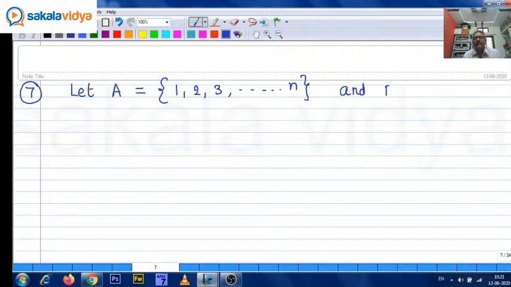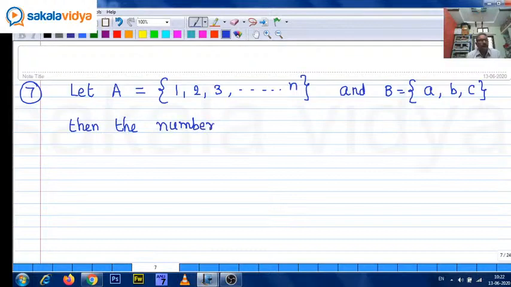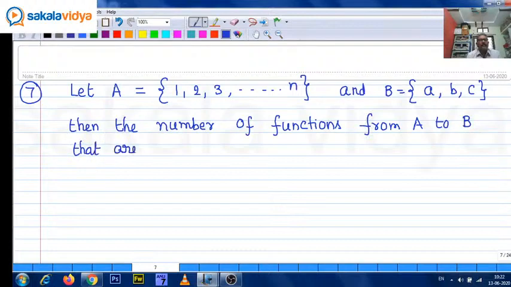and B equals a comma b comma c. Then the number of functions from A to B that are onto, that means the number of onto functions, is